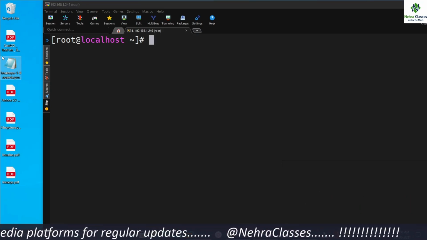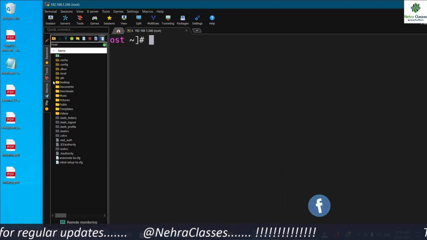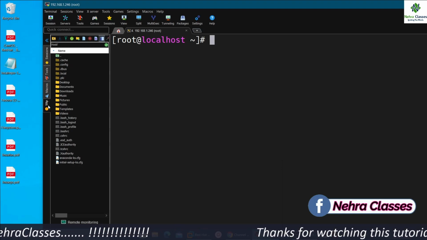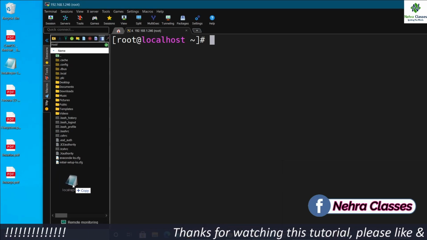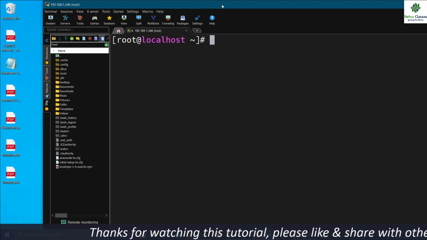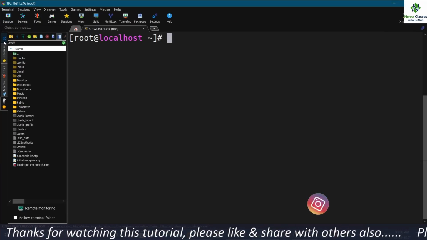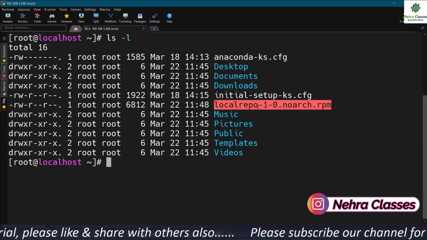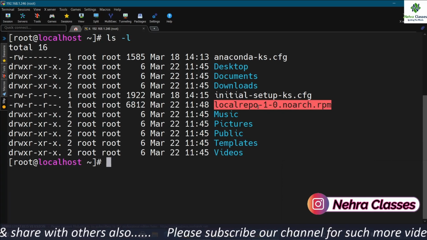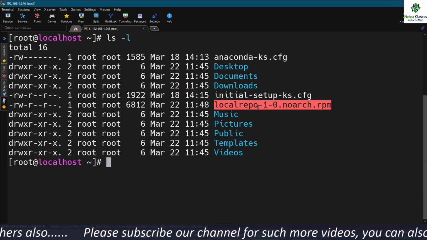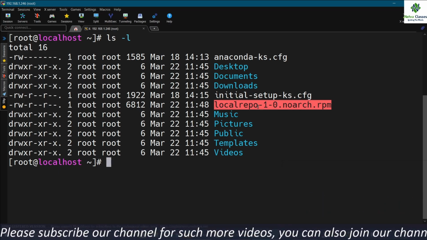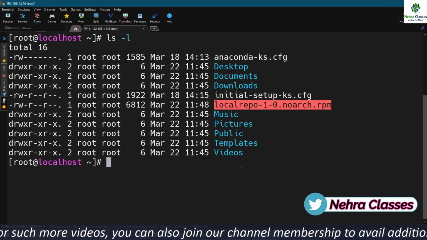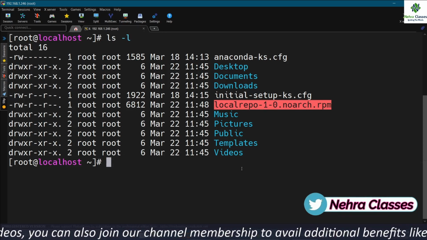So this is the package, and here I'm going to send this package to my machine. I will use SFTP here and drag and drop this file. Now this file has been copied to my home directory, and let me show you the file by executing the ls -l command. So this is the package which I created earlier to configure the local yum or DNF repository automatically by using the rpmbuild command. And I will show you how you can create the package from the source code in the next tutorial.